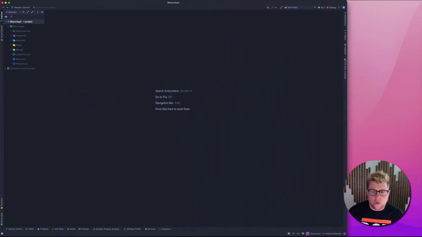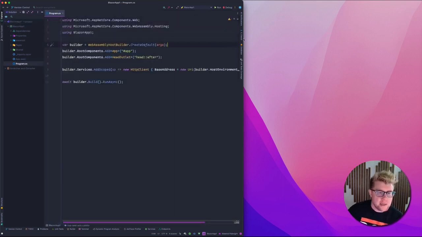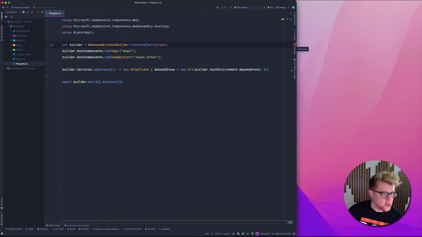And we'll keep this wide for now. We'll adjust some of this in a little bit. But anyways, under our program.cs file, kind of our entry point for everything here, this is of course using